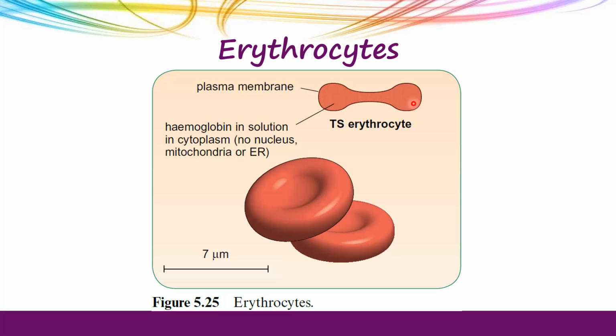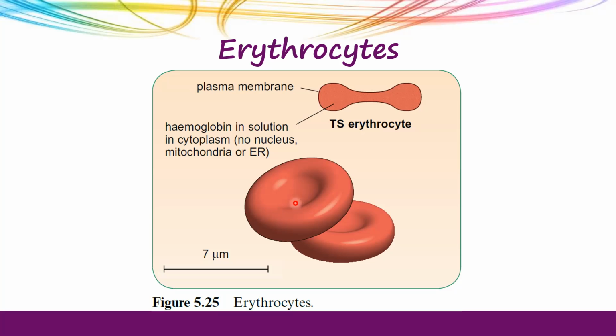Let's just think about it. If there's a nucleus, its main role is RNA transcription, and that's where protein synthesis happens. Definitely ribosomes are needed for that. So there is no requirement for these structures here. Again, these are adaptations. You can look at the structure here as well. You can look at this depression here, and definitely there would be one underneath it as well. So this is a biconcave disc.